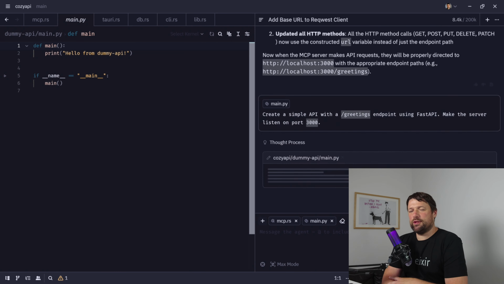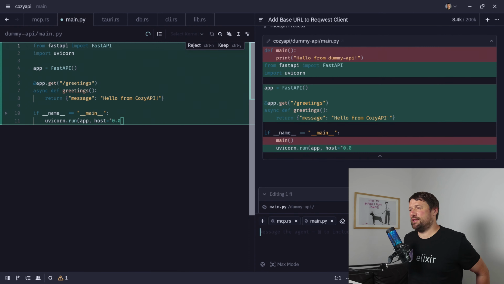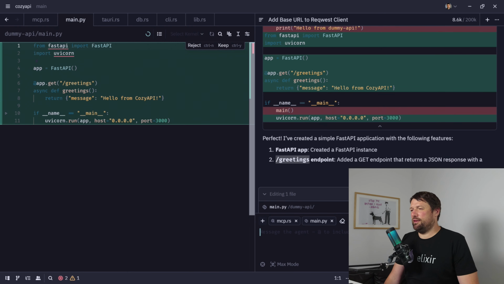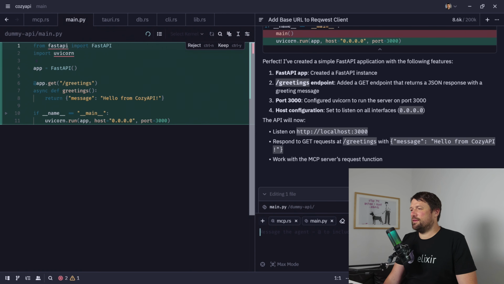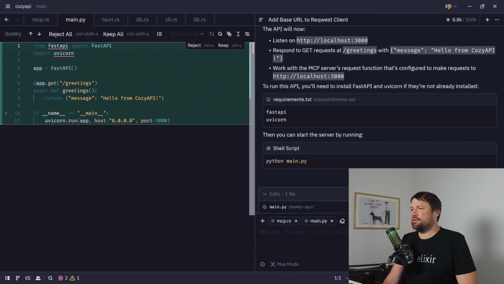So we provide the MCP RS file here as well, because it is actually being the client. So it provides additional context here, and that might be useful for it. To run this API, you need to install FastAPI and uvicorn if they are not already installed. Yeah, well, great. That's true, but we are not